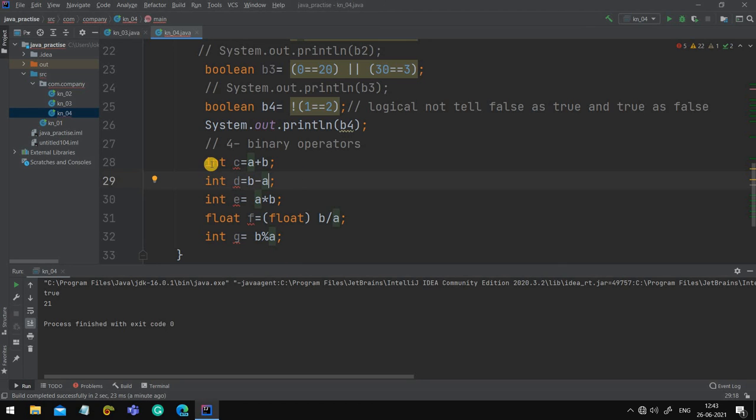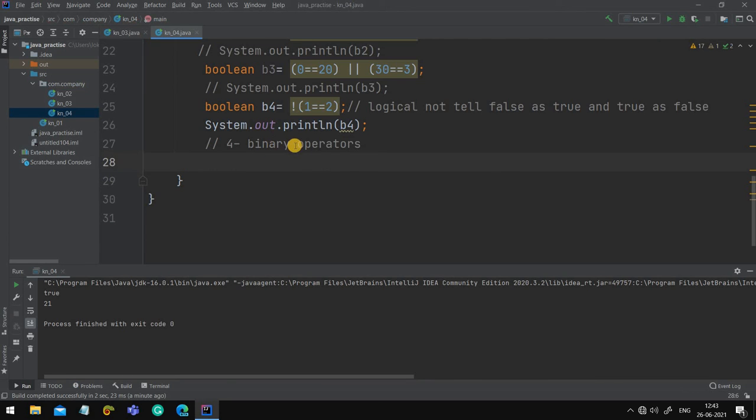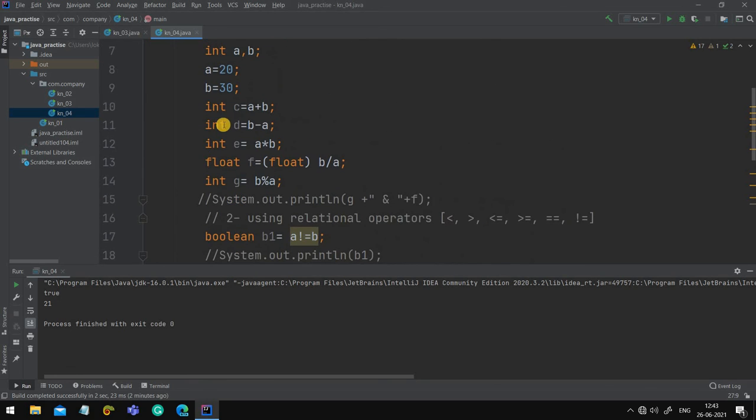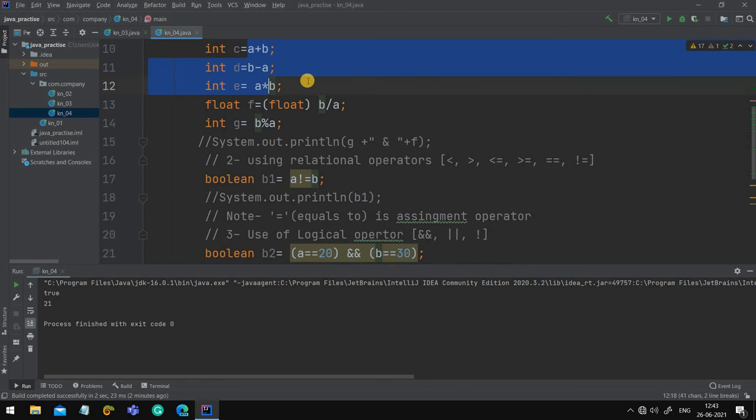But what is a ternary operator? Now let's see. Ternary operator, this concept will also be clear in your mind as we start the loop. Using if else by the operator is known as ternary operator. So you will not be able to understand this as of now, because we have not started the loop and if else concept. Basically you need to remember that all the operations like this come under ternary operators.